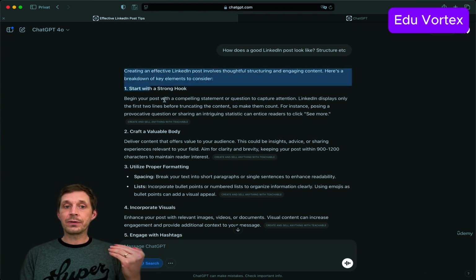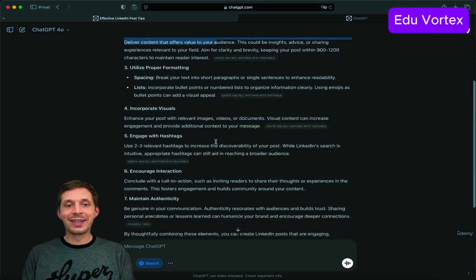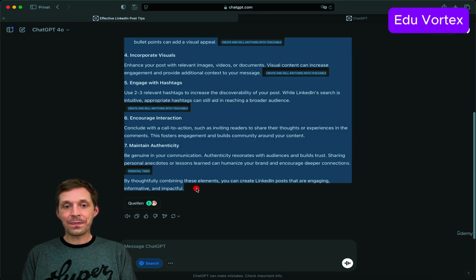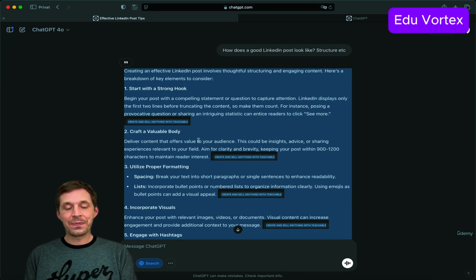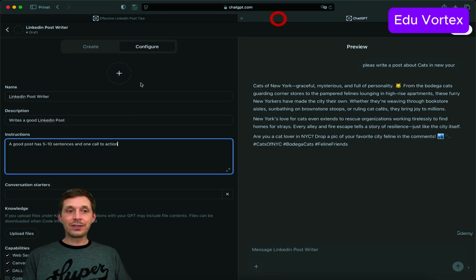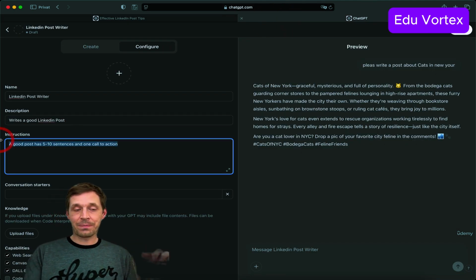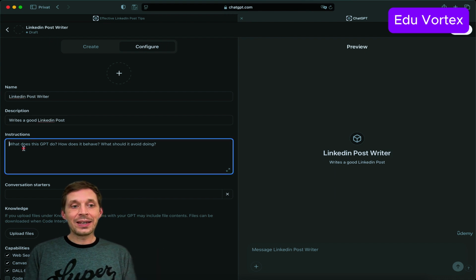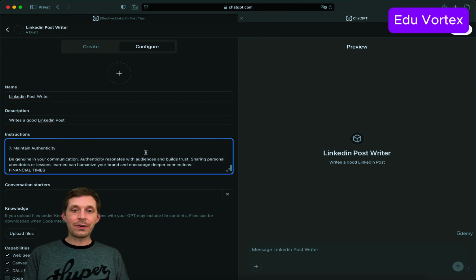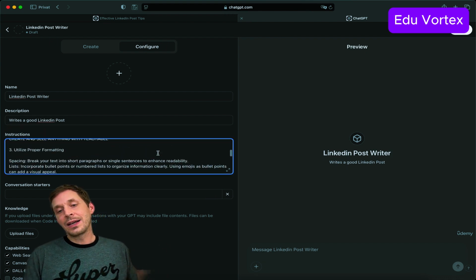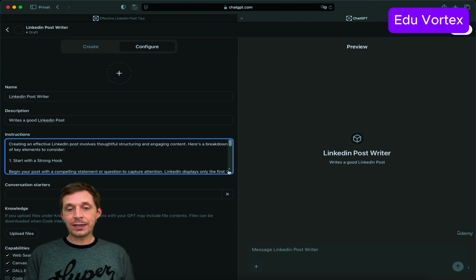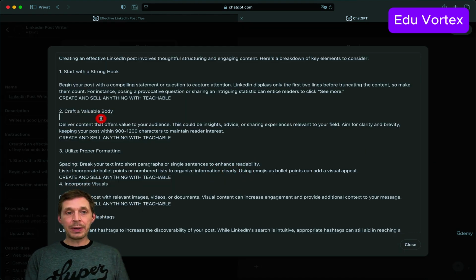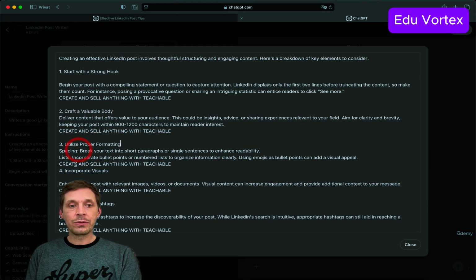Yeah, so we can copy the info from our research into the instructions. Okay, and now we have our own crafted instruction, right? I can maximize this here. If I press on this, it will be bigger, so I can do some